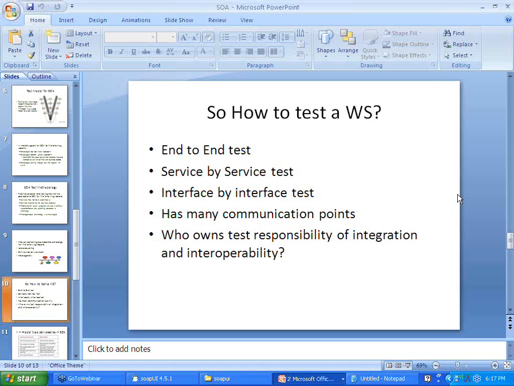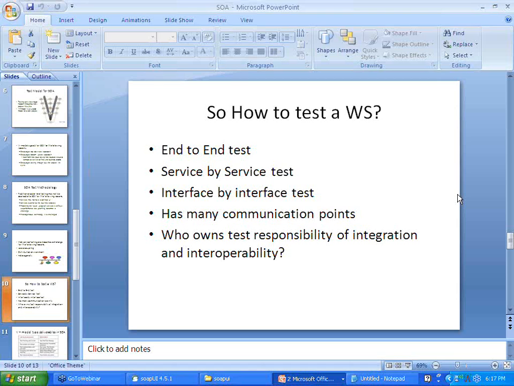We have seen that for a SOA architecture with web services, they should have a very simple and common way of getting integrated. So that integration interface should be tested, whether it is the same across all the services or not. If web services communicate with each other, how do they communicate, and how many communication points do they have?